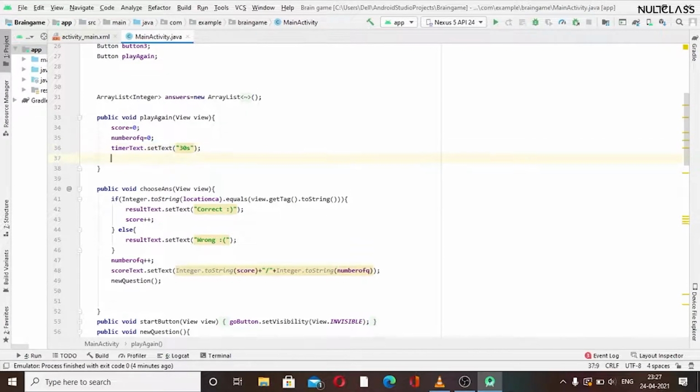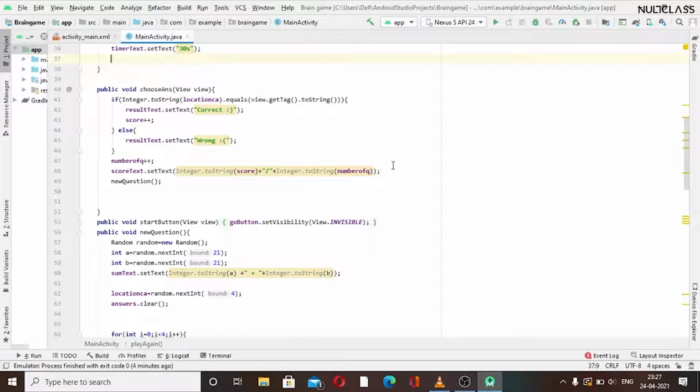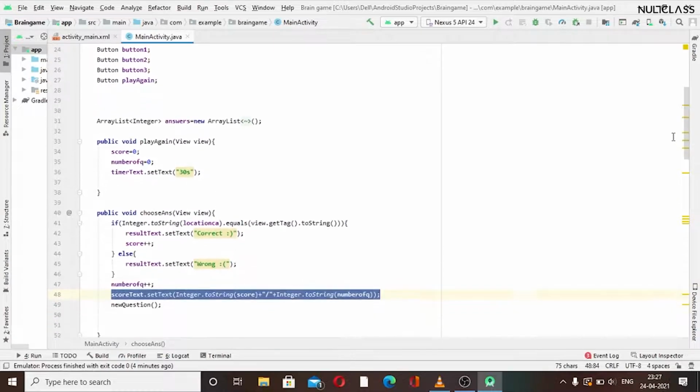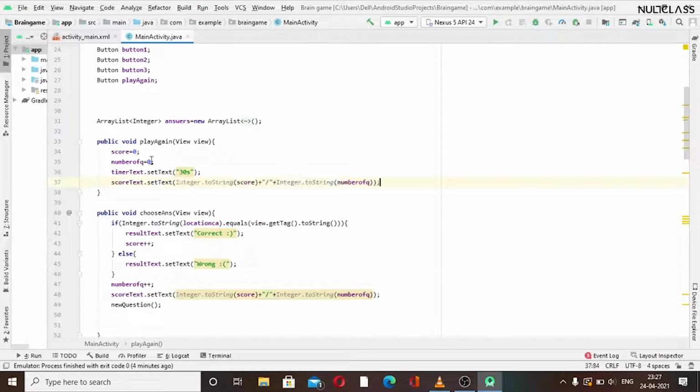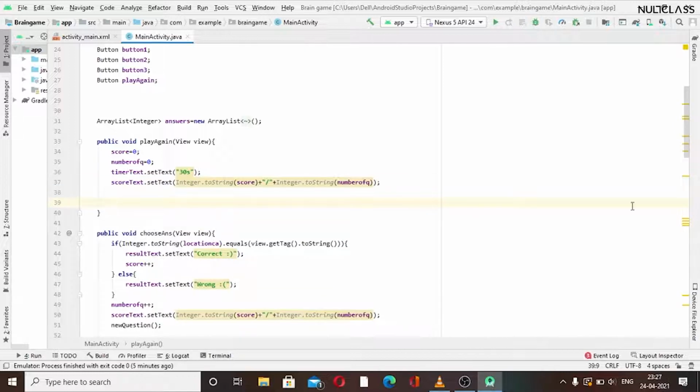Okay, so now it will show 30 seconds. Also we want our score text view to show that value again, so I will copy that and paste it here. We could also write 0 by 0, but as we have already written it, I will just paste it here. So now score is 0, number of questions is 0, so it will show 0 by 0 initially.